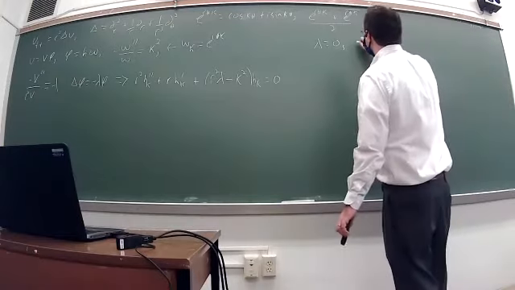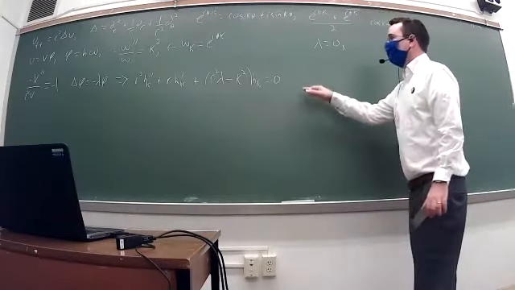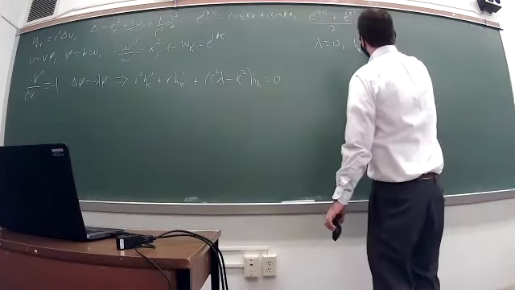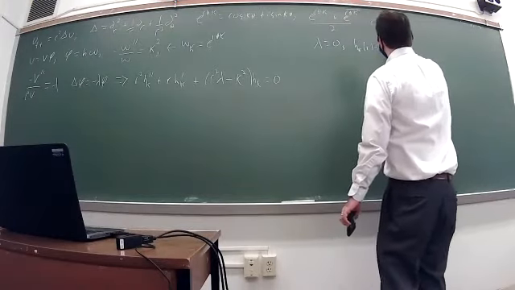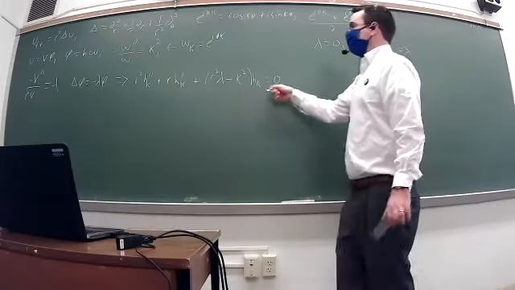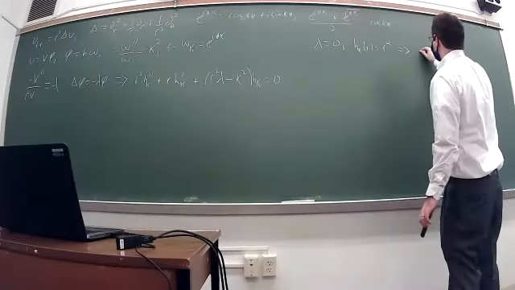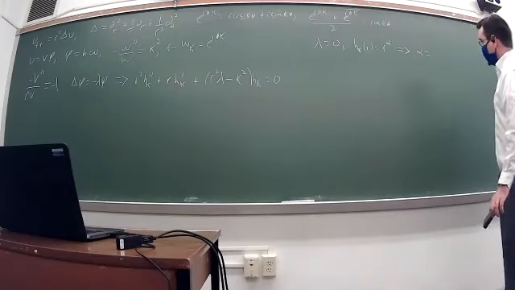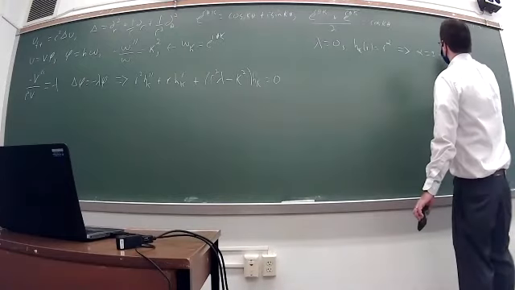In other words, you just look at something like R to the alpha, plug this into the equation. And that implies, in order for this to be 0, a condition on alpha, namely that alpha squared minus k squared is equal to 0,